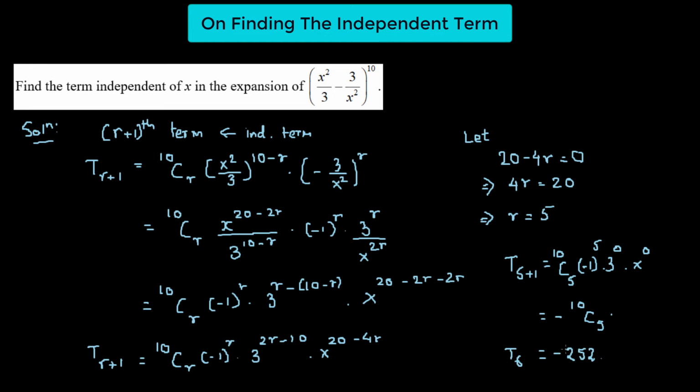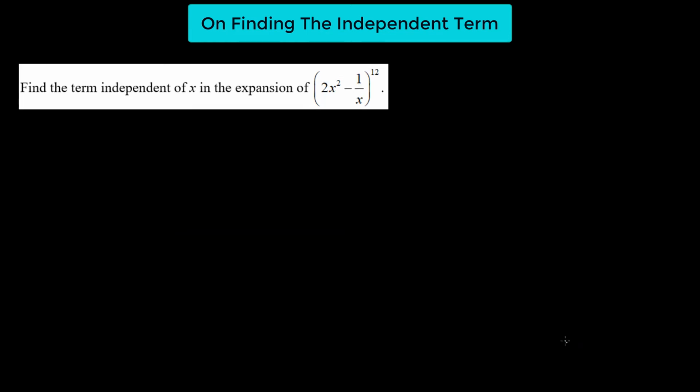Let's go to the next question. So we have to find out the independent term. So let's go the usual route. So we have the r plus 1th term, and that is going to be independent. And then we find out tr plus 1. So tr plus 1 is equal to 12cr